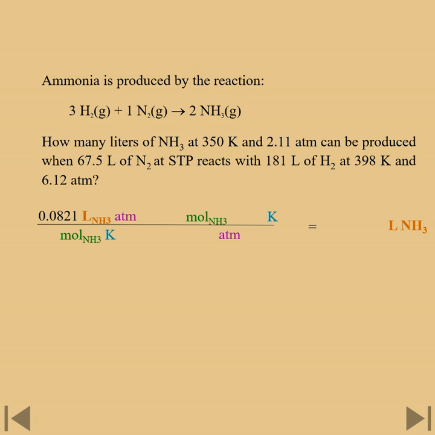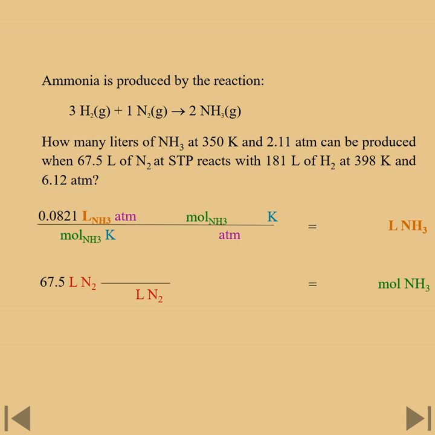And do we have moles of ammonia? No, that's why we're given that other information on the other reactants. So we're going to use that information on nitrogen and hydrogen to determine the number of moles of ammonia, starting with the information from nitrogen, and this is at STP, so we can use our normal step 2, where we start with that 67.5 liters of nitrogen,